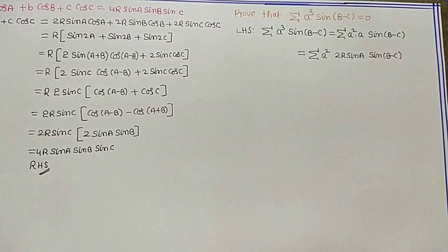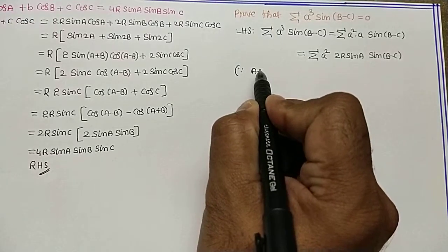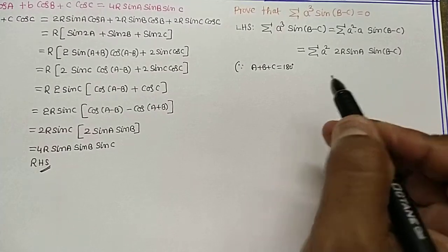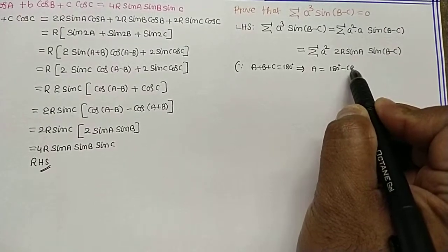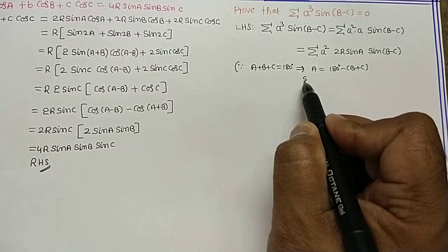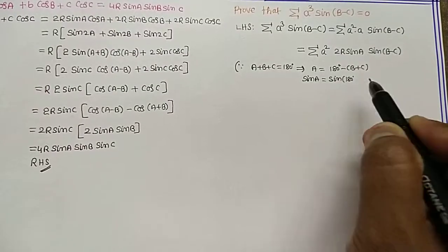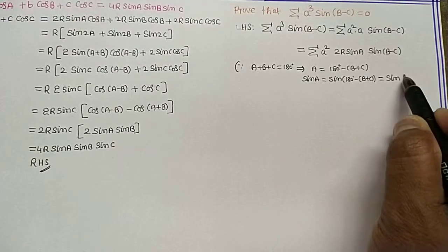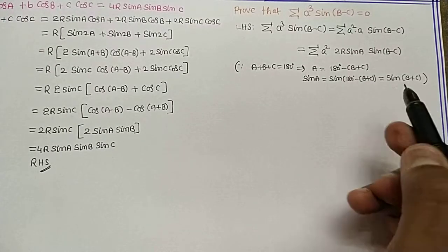After that, in place of sin a, we know that a plus b plus c is equal to 180. Here sin a is there, no? So I am making a as a subject. So a equal to 180 minus of b plus c, taking sine on both sides. Sin a equal to sine of 180 minus b plus c. We know that sine of 180 minus theta is sin theta, which is equal to sine of b plus c. So wherever sin a is there here, you have to replace with sine of b plus c,